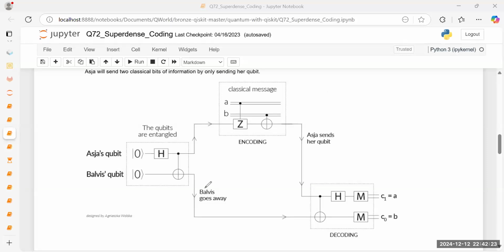Will it be possible for him to apply a couple of gates, those are the Z and the X gates, in order to